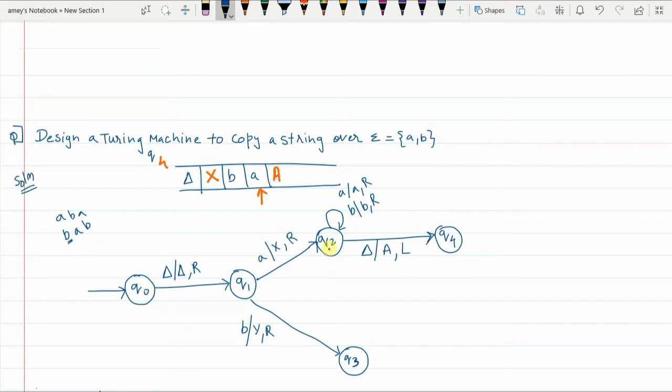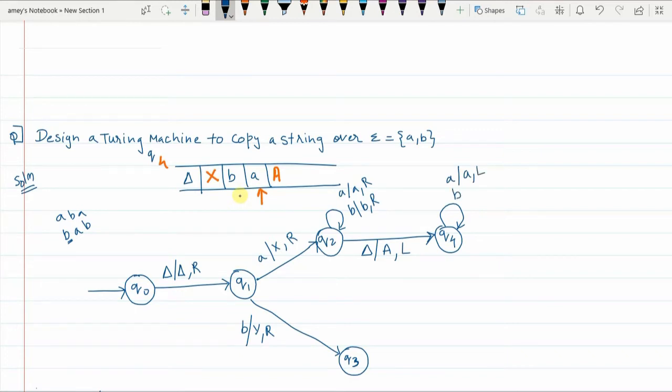Agree? Now in Q4 state, I should go on moving left, ignoring everything that comes on the way, till I reach the place where the previous symbol was copied. So till I reach X, I have to continue moving to the left. In Q4 state, if A is encountered on the way, A is replaced with A, pointer moves to the left.